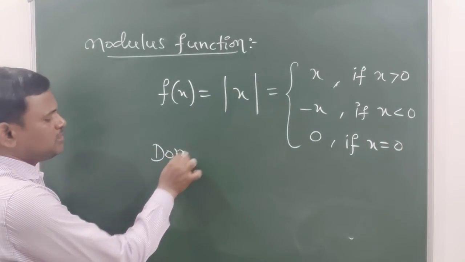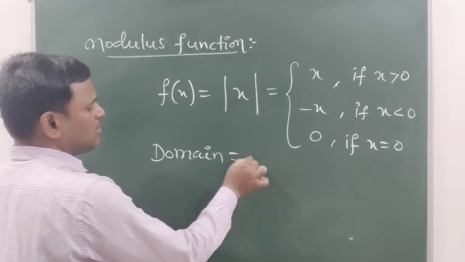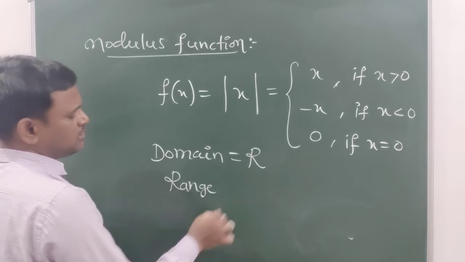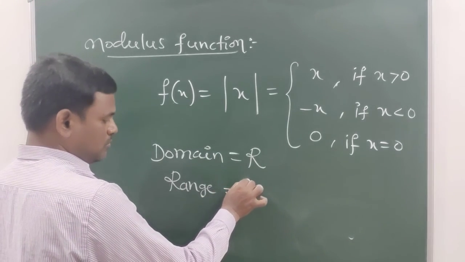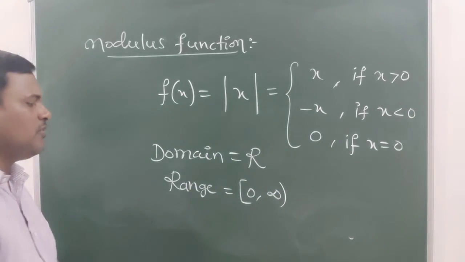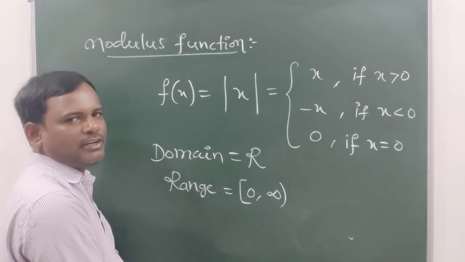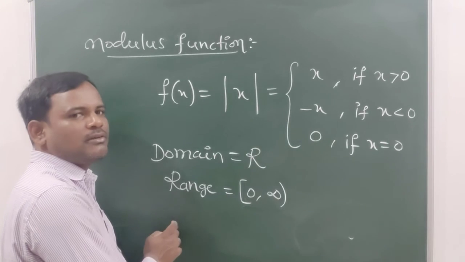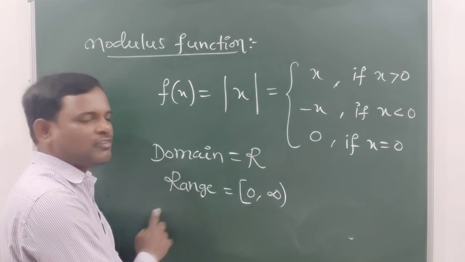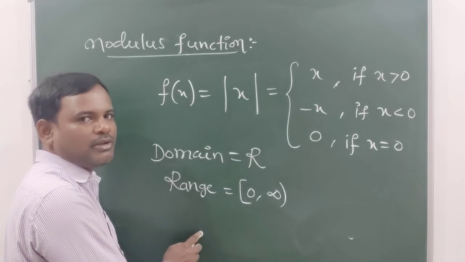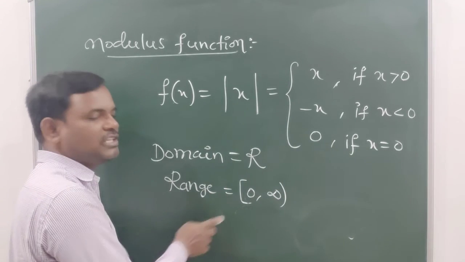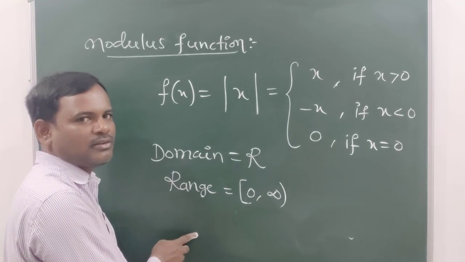So the domain is the set of real numbers, and whereas the range is, 0 is included, the closed interval of 0 to open interval of infinity. Only non-negative real numbers we will get. What do we call this set? Non-negative reals. The set including 0 and the positive real numbers is known as non-negative reals. Okay. So this is